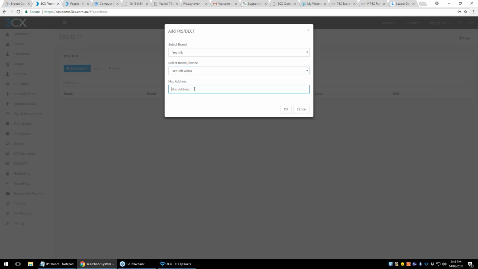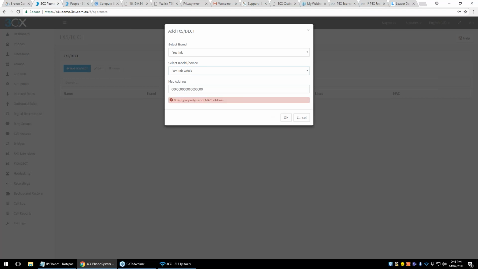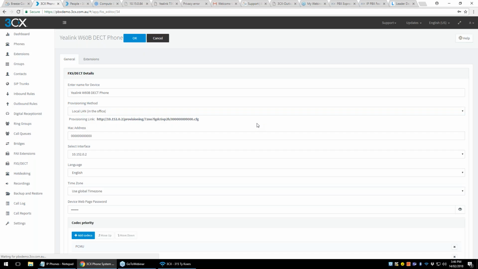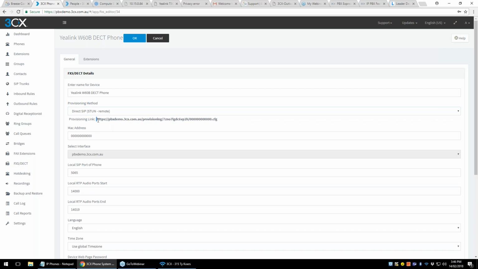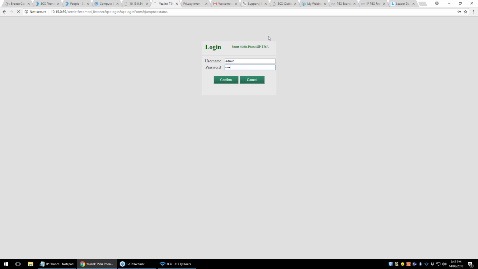So I'll put in the W60B, which is the base, and I'll put a MAC address in. Again, it's the same as provisioning a handset like we did earlier. So you can pick your provisioning method. We're going to use STUN in this instance, and then we just paste that link into the base. So the base GUI looks exactly the same as the handset. So if you log in here,